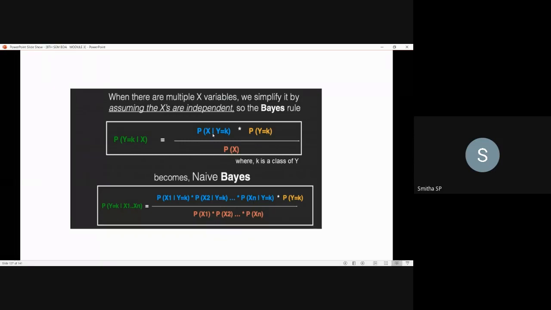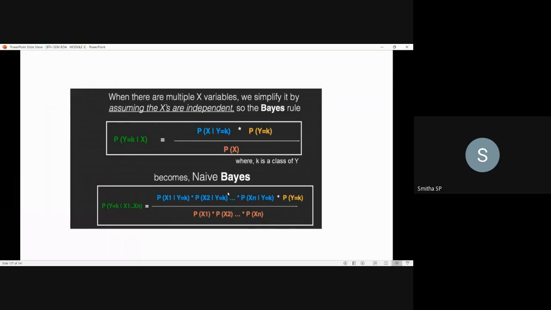You can observe in this formula that in the earlier formula, the Bayes rule, you can see only a single x. So a single feature is considered there. But in the second formula, you can see x1, x2 up to xn. This is the condition where you have multiple x variables, which you consider as independent variables. This is how you obtain naive Bayes from the Bayes rule, by making these x variables independent.